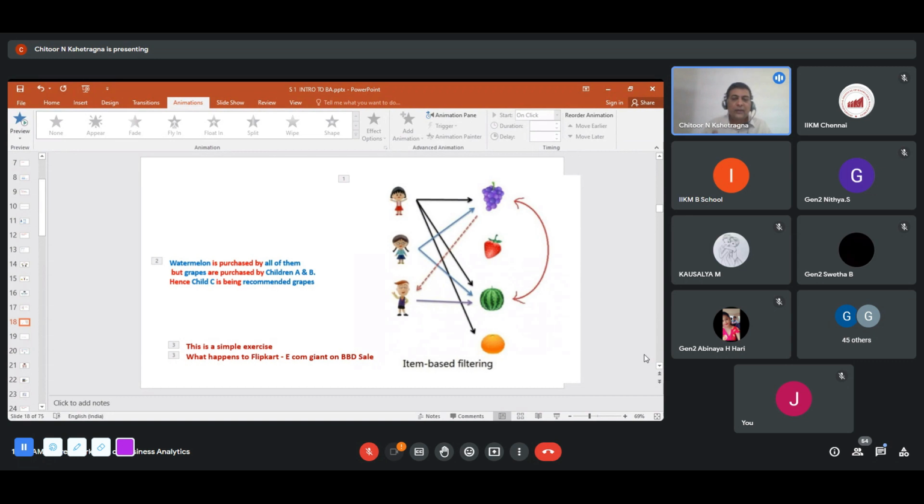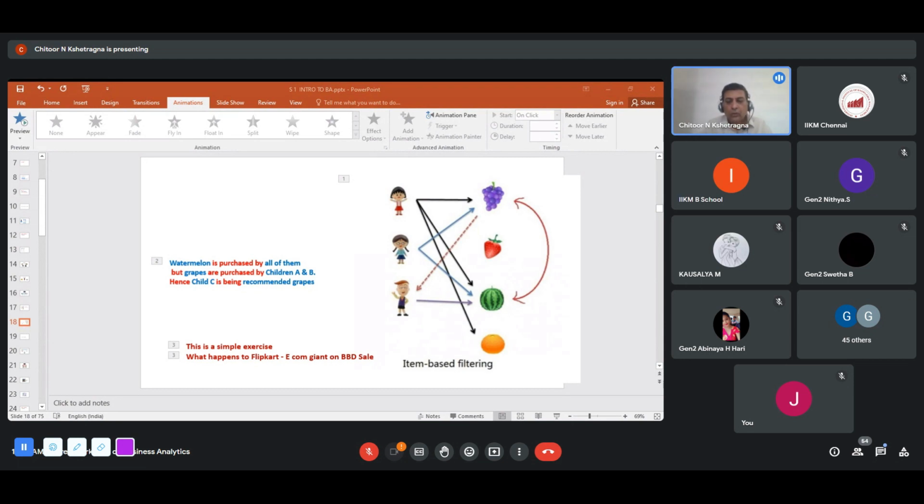Okay, so now there's a very simple exercise. This is a very simple exercise. We talk of three customers, four products. But in a real day, on Flipkart or Amazon or on Swiggy, Zomato, do you think only two, three people come like this? I'm just asking you this question. I want you to think. Is it just two, three customers who come? What would be the number?